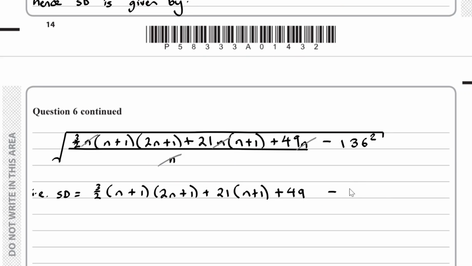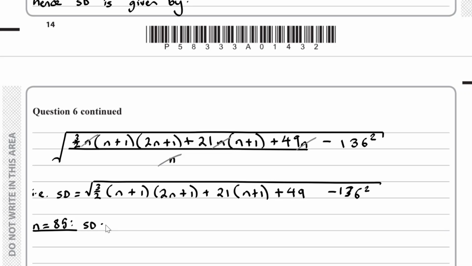And then we subtract off 136 squared. Okay, square rooted. And we know that n is equal to 85. So when n is equal to 85,